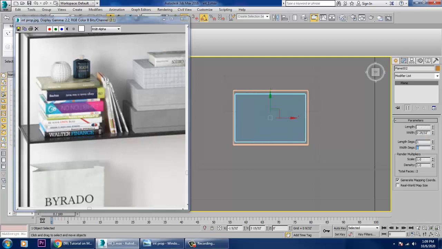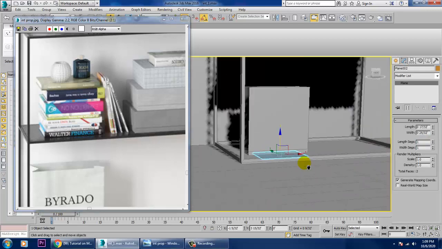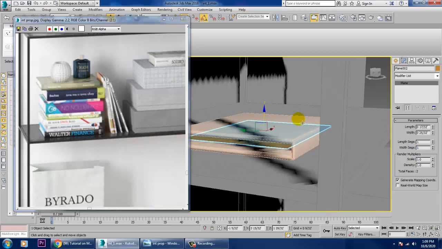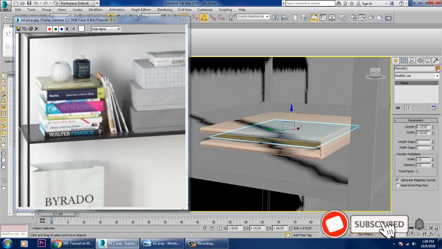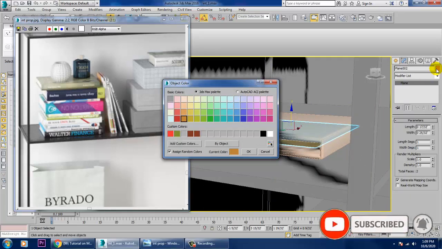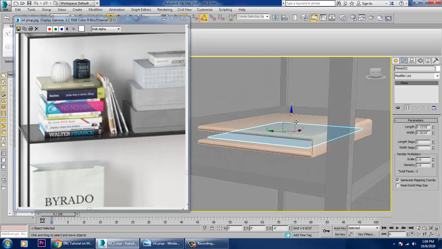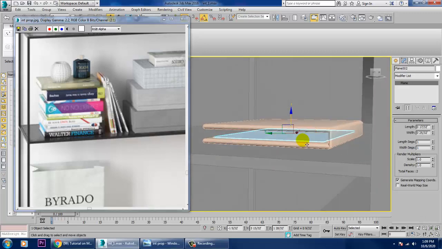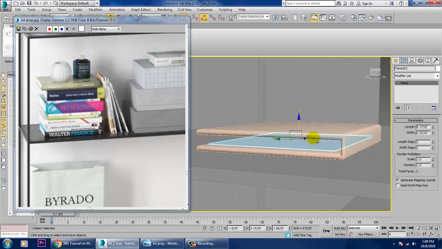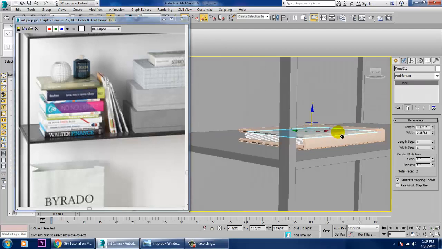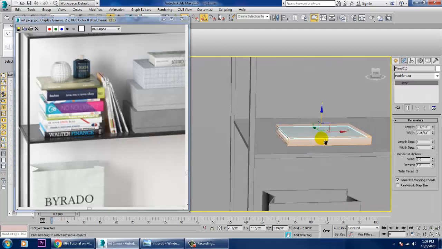Let's push it up over here and give a white color to it. Then we'll duplicate that up. As many copies as you want, you can take. Save your file.